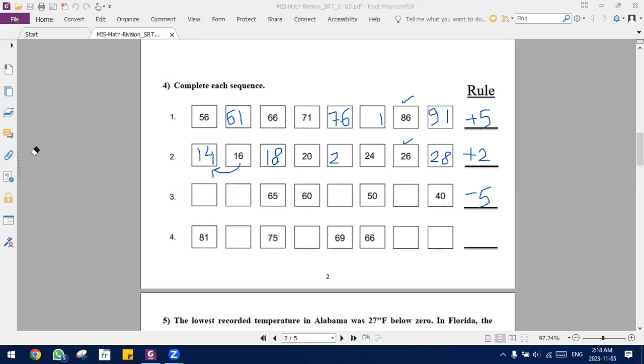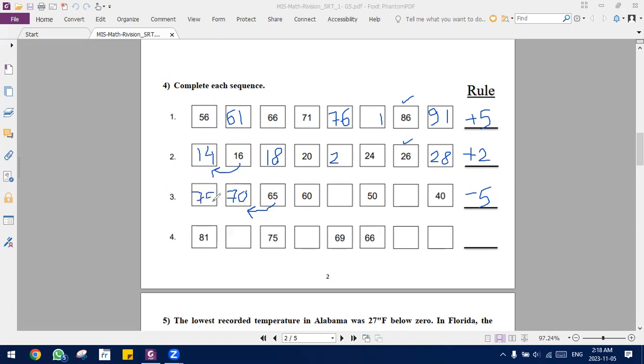Now before 65, I have some values. But I'm going back, I'm going to the left. So as we said, it's the opposite of the rule. The rule here is minus 5. I'm going the opposite direction. So what is it? It's plus 5. 65 plus 5, 70. Plus 5,